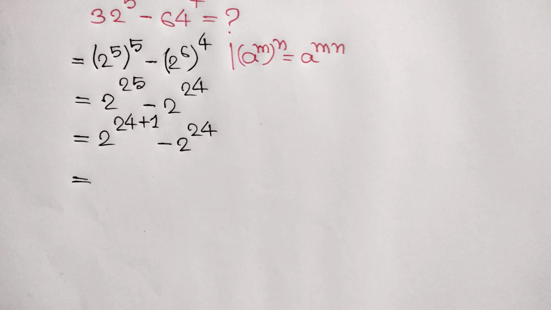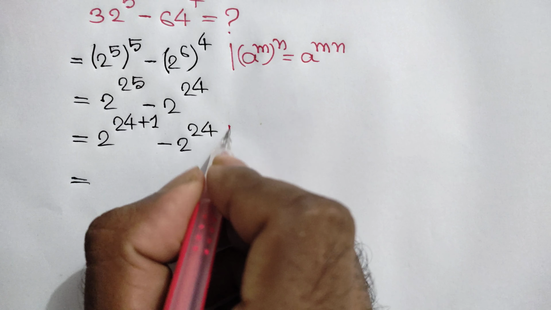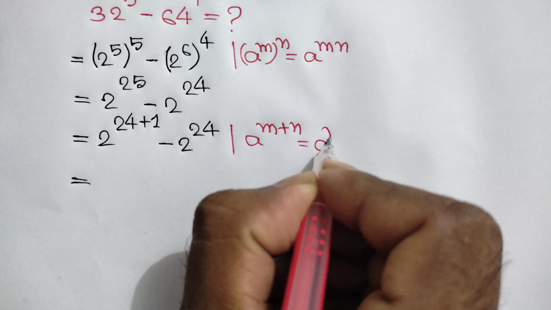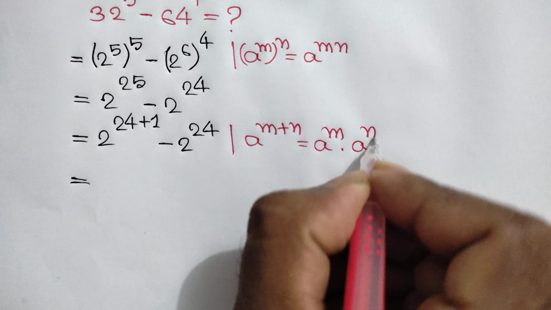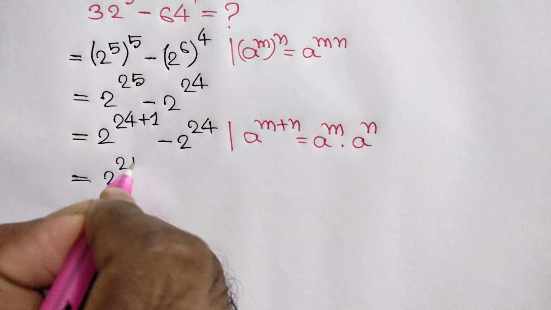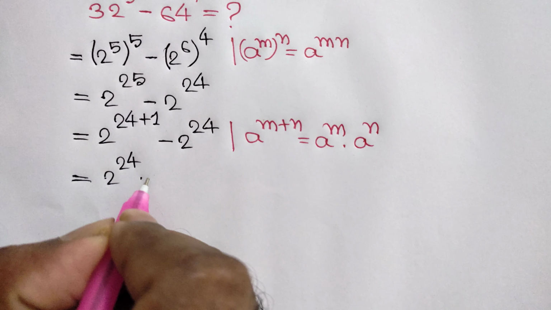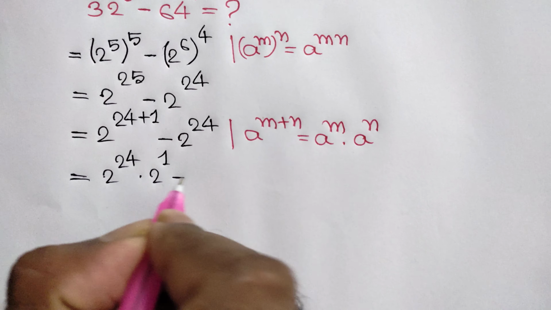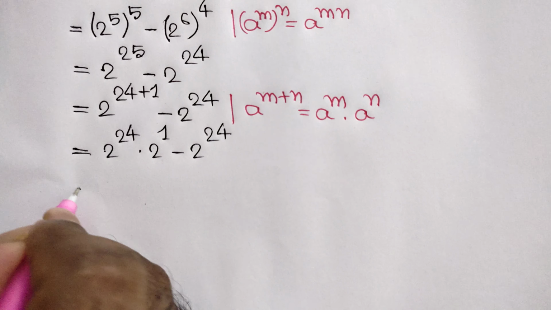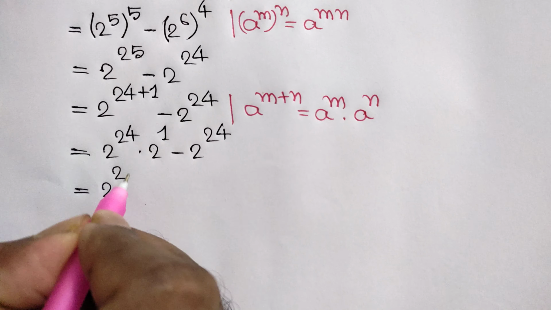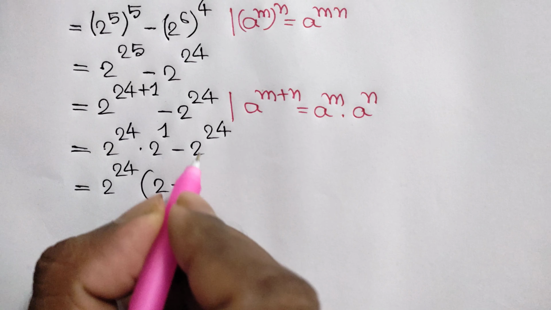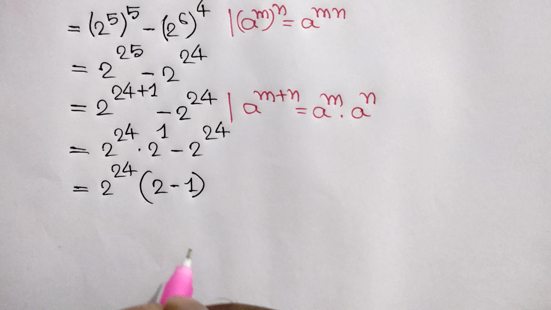is equal to, again an exponential formula, we know a to the power m plus n is equal to a to the power m times a to the power n. Now apply this formula. Here we can write 2 to the power 24 times 2 to the power 1 minus 2 to the power 24 is equal to, now taking common 2 to the power 24, here we will get 2 to the power 1, that means 2, minus, here we will get 1